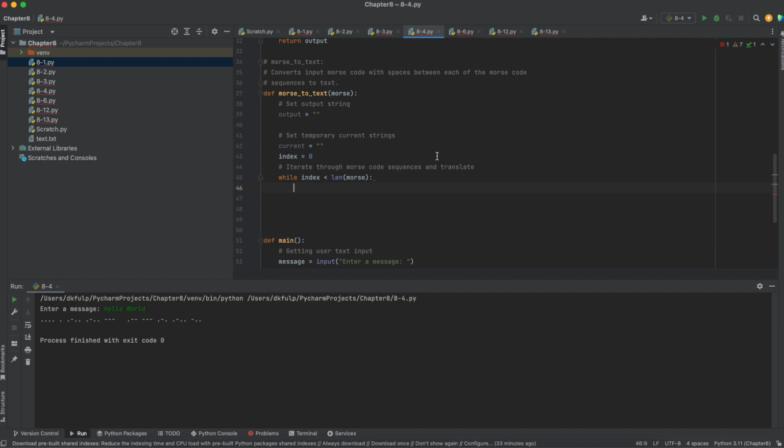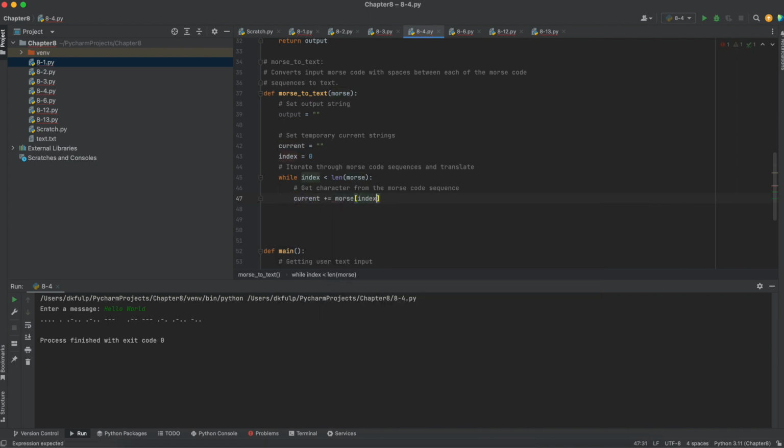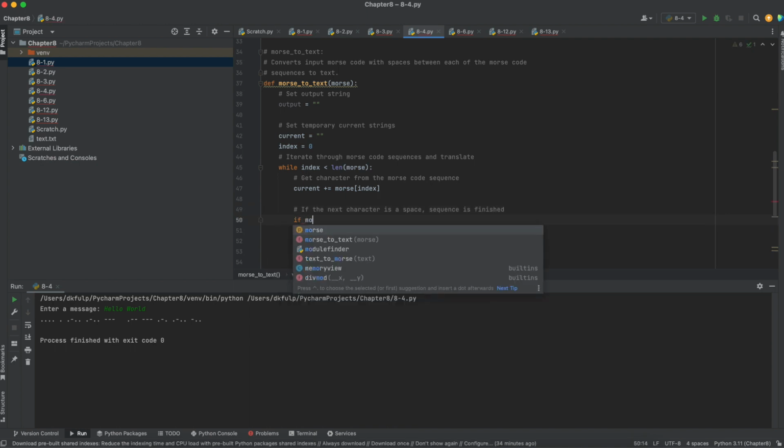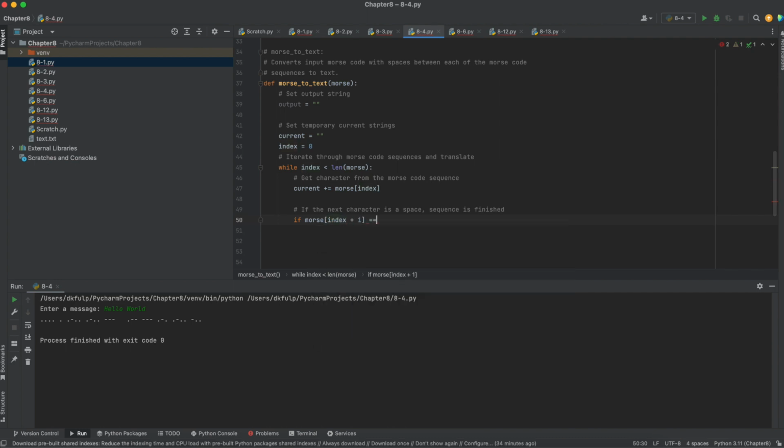The first thing we'll have to do is get the character from the Morse code sequence. So here we'll do current plus equals Morse of index. That's going to take the first dot and put it on there. Then we're going to say if the next character is a space, because remember we're separating everything by spaces, then the sequence is finished and we can translate. So we can say if Morse of index plus 1, the next spot, is equal to a space,